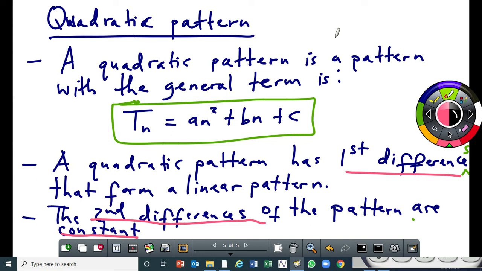You've got your quadratic pattern there. This is the general term. Then the first differences form a linear pattern. The second difference is constant. All right, make sure you know those concepts. Then be aware that